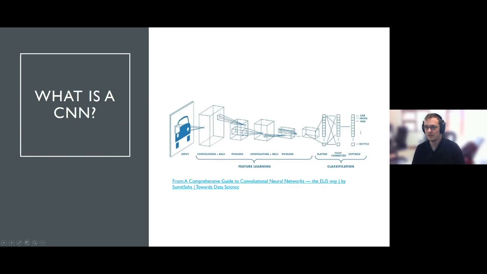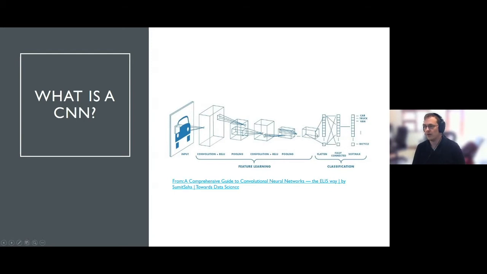So firstly, what is a convolutional neural network? Essentially, it is a class of neural network that's adapted specifically to 2D and 3D input data. Here you can see we have a 3D image of a car that has 3 channels for R, G, and B color values. We then have a feature learning stage, which is the convolutional section, that through a series of convolutions and pooling that I'll explain now,